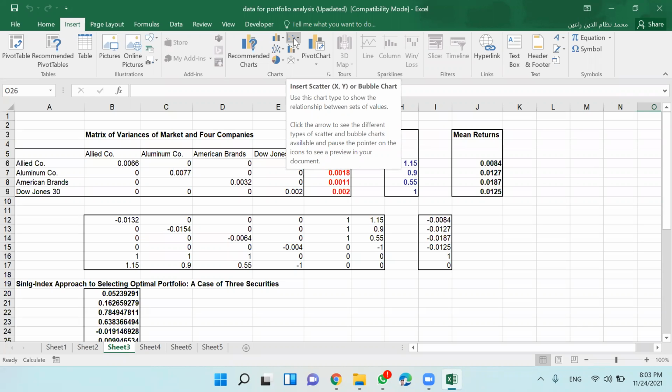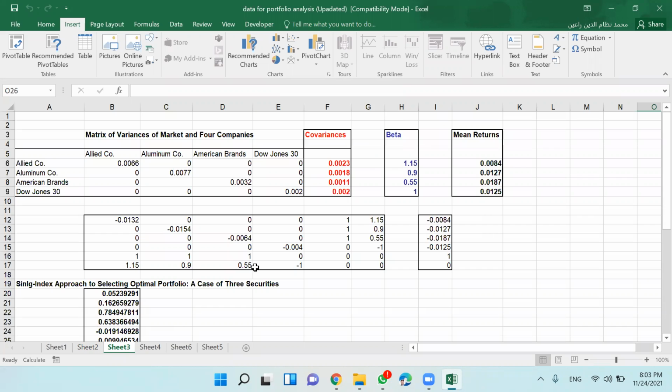That gives you an estimate for the intercept as well as a slope parameter.